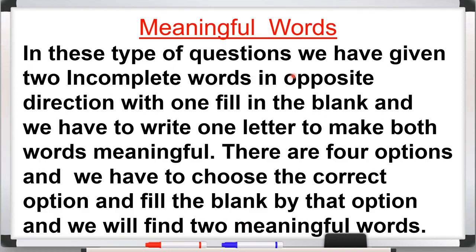ऐसे क्वेश्चंस में बेटा हमें दो इनकम्प्लीट वर्ड्स गिवन होंगे, ठीक है, इन अपोजिट डायरेक्शन, और उसे हमें फिल करना होगा वन लेटर से, ओके, और वही लेटर यूज होगा दोनों वर्ड्स के लिए, सिंगल लेटर, ओके। हमें फोर ऑप्शंस गिवन होंगी एंड वी हैव टू चूज द करेक्ट ऑप्शन। उसमें से करेक्ट ऑप्शन हम चूज करेंगे और वो दोनों वर्ड्स जो हैं हमारे मीनिंगफुल वर्ड्स बन जाएंगे। लेट्स सी हाउ।